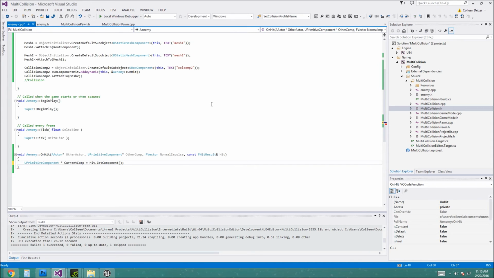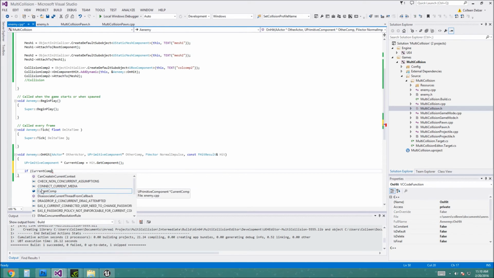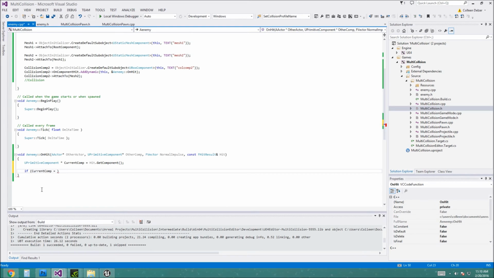Okay, so if current component is this, so this is this particular class. So if it's collision component 1, then